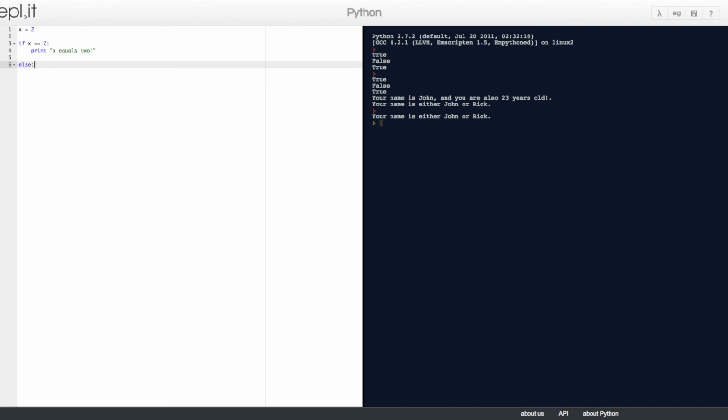Else with a colon, meaning that if x is not equal to 2, we want it to print that x does not equal 2. Okay, so we're going to run this, and then it says that x indeed equals 2.